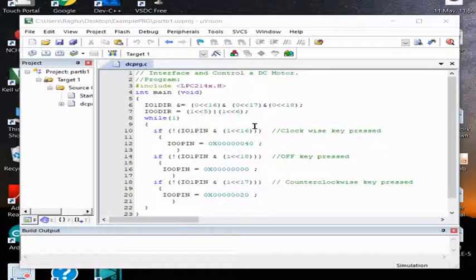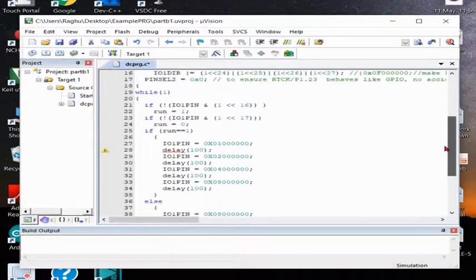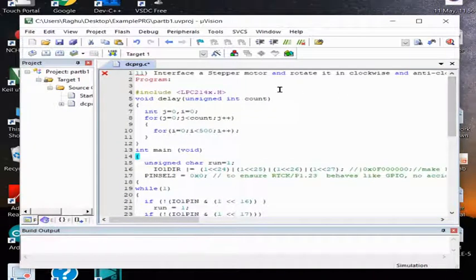The next program is stepper motor rotation control. So interface a stepper motor and rotate it in clockwise and anti-clockwise direction. Now for this,